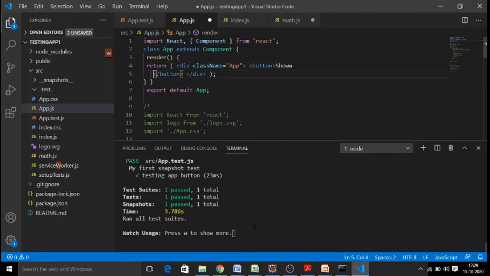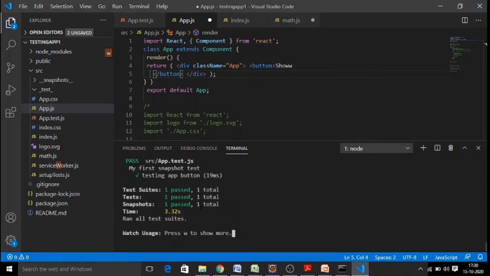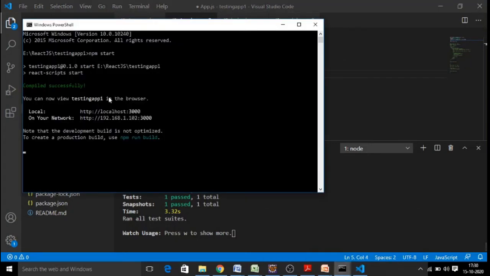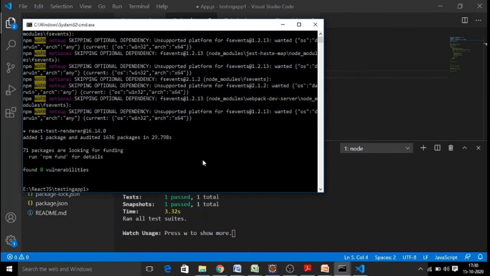Now again and again, if you wanted to monitor, just press W and watch, press enter, and you can see the result. This is what snapshot testing is. For snapshot testing, first of all, we need a library, which we have installed. You can see it on the top.